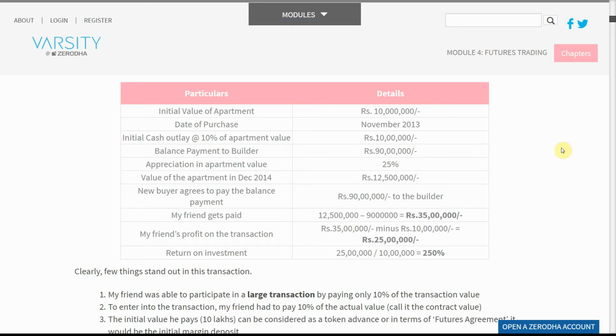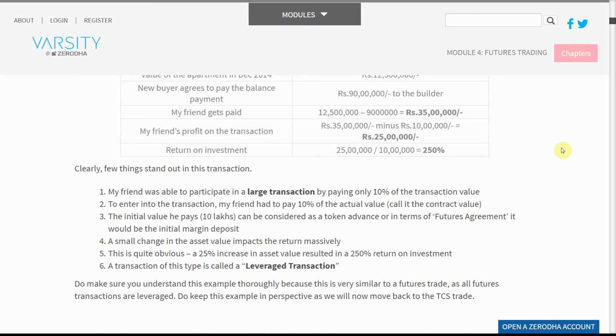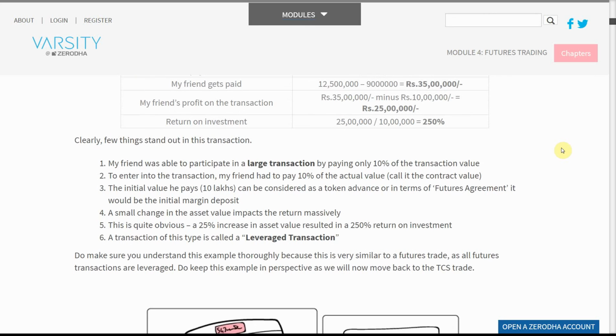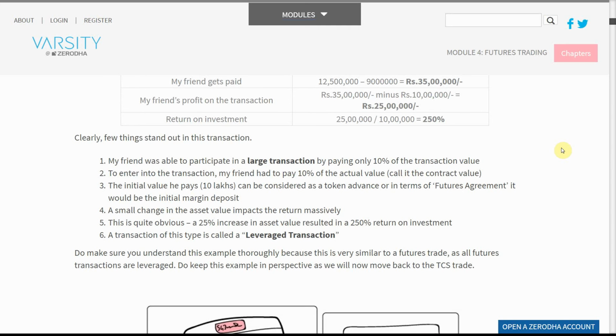My friend's profit on the transaction is 35 lakh minus 10 lakh, which equals 25 lakh rupees. Return on investment is 25 divided by 10, which equals 250%. Clearly, a few things stand out in this transaction. My friend was able to participate in a large transaction by paying only 10% of the transaction value to enter